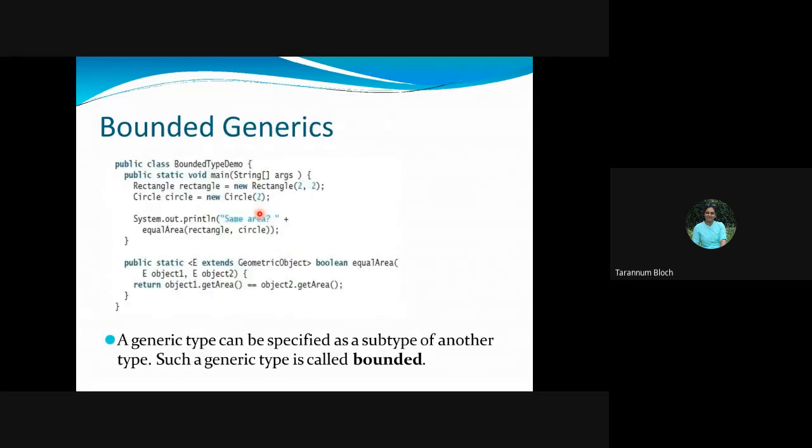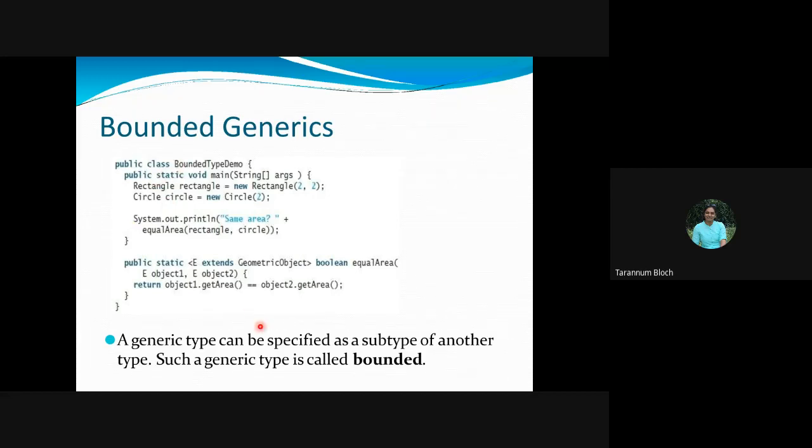Fine. So now there's one thing. Your generic can be the bounded or unbounded type. Up till now, what we said is that a generic could be a raw type when we are not specifying the object. Now we are saying that a generic can be bounded also, right? So what is a generic type? What type of generic is known as bounded? Let us see.